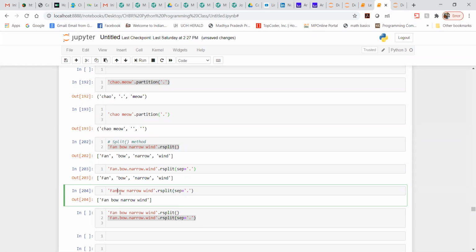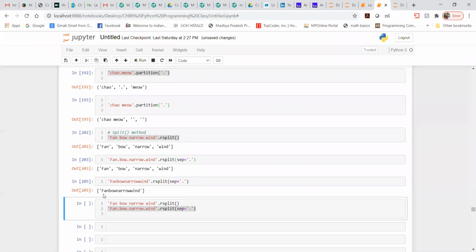Even if you merge all the strings and write it like this, you won't get anything. So if you want to separate using a dot, or a comma, or a colon, you have to specify that particular separator as the argument taken by the rsplit method.